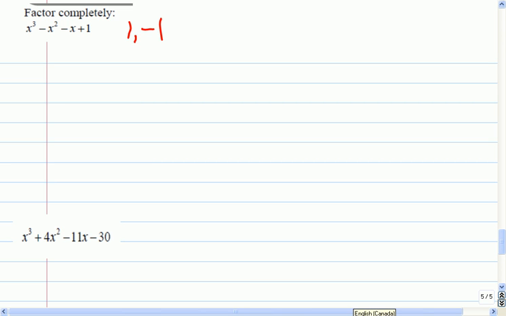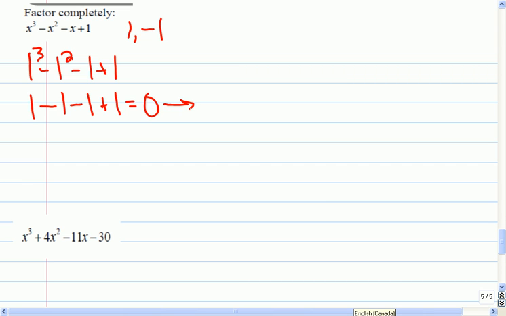So let's check my search space and see who wins. Maybe both are factors. Maybe only one of them is. So let's put in 1. At least one will have to be because the last number is positive. Okay, that's a good way to reduce your search space as well. Negative 1, negative 1, plus 1. Look at that, first try. Yay. Okay, so what that means then is I know the value I used